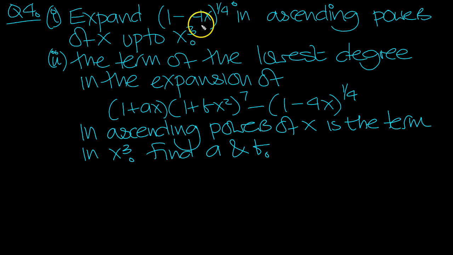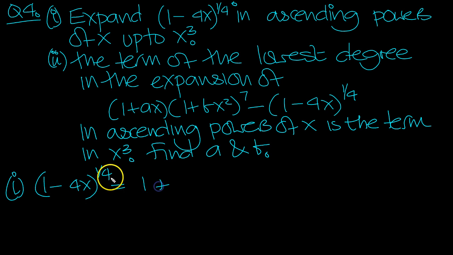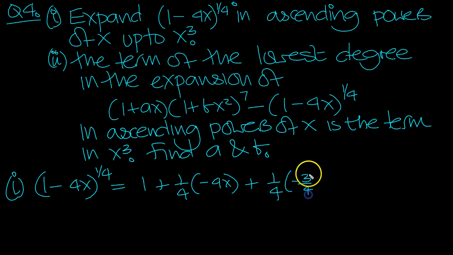So the first thing to do is just expand this then, part 1. Use the binomial theorem. So (1 minus 4x) to the quarter is equal to 1 plus n times x, plus n times (n minus 1) times x squared over 2 factorial, plus